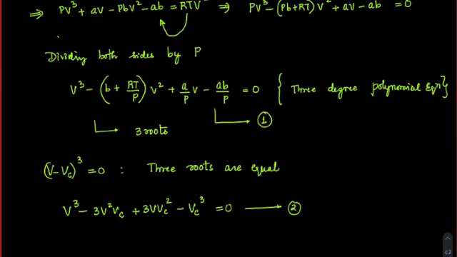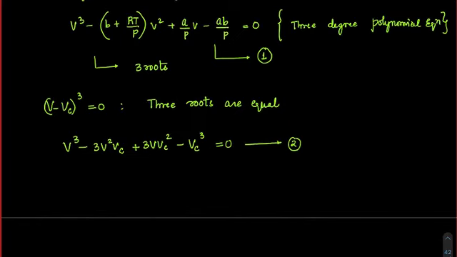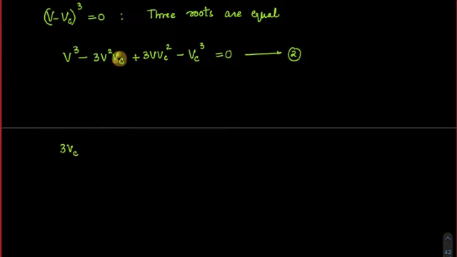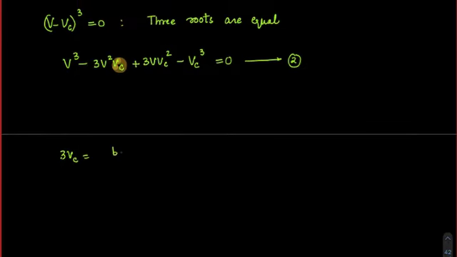Okay. Now if you compare equation 1 and 2, I should get the critical volume, because I am comparing the same thing. At that particular point C, we will have the critical volume only, and it should be only one value. So if you compare, you can see 3Vc is comparable to this. Let me put that 3 times Vc is equal to B plus RT by P. This is one comparison I got.